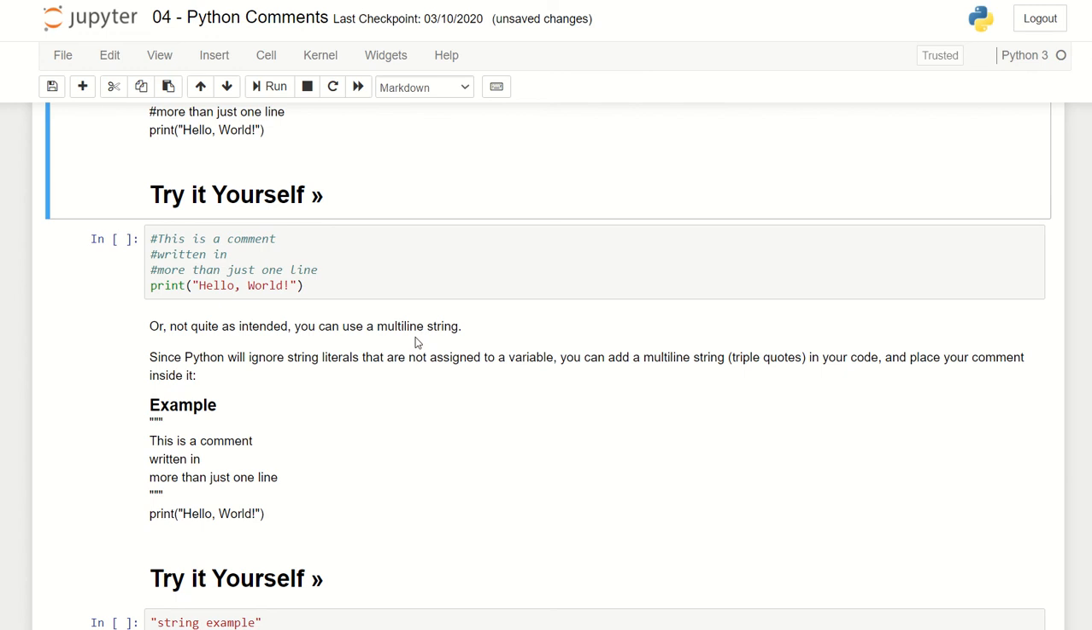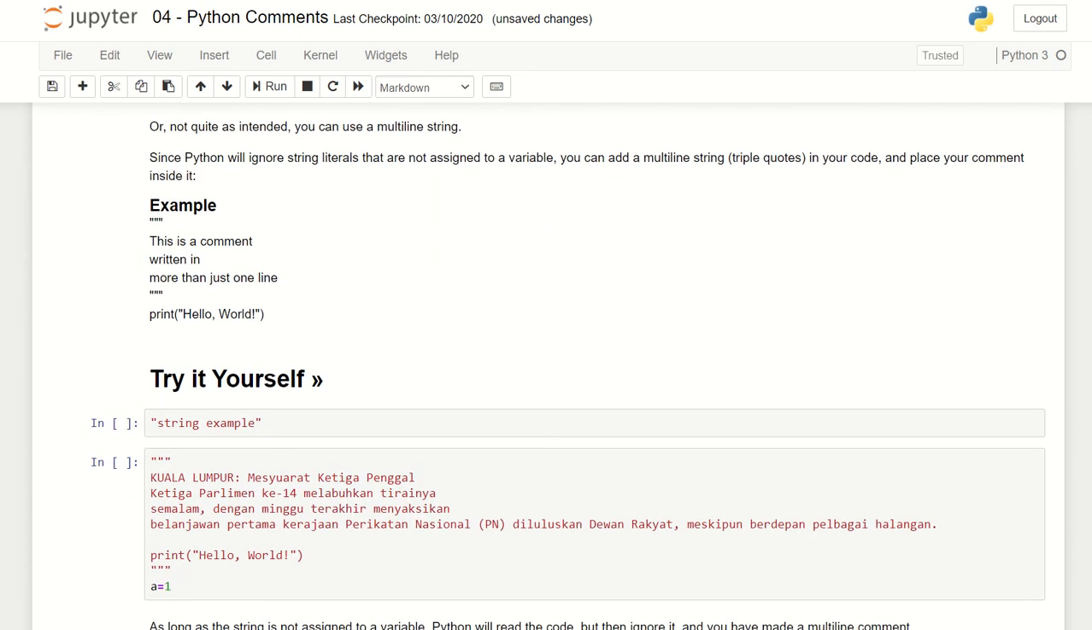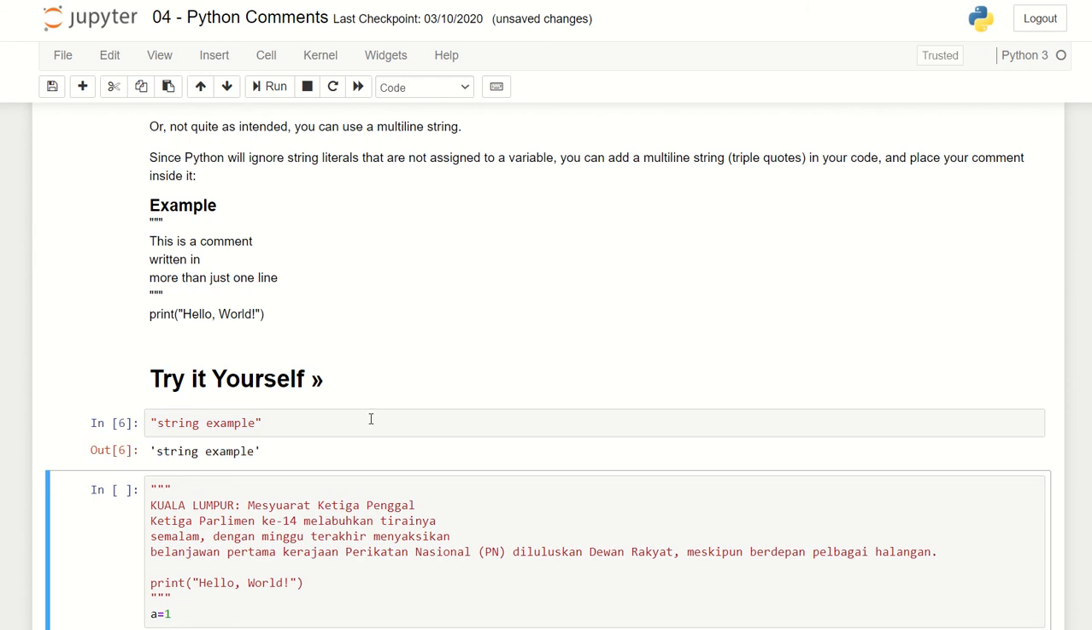Since Python will ignore string literals that are not assigned to a variable, you can add a multi-line comment by typing triple quotes in your code and placing your comment inside it. So let's try it out. For example, I'll show you one string literal. This is one example of a string literal. When I run this,